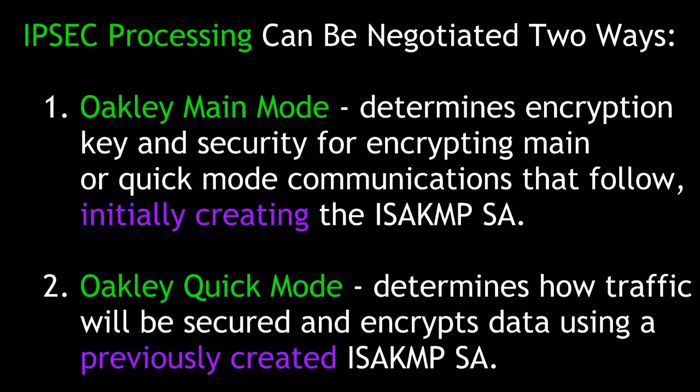IPSec processing can be negotiated two ways. The first, Oakley main mode, will determine the encryption key and security for encrypting main or quick mode communications that follow, initially creating the IPSec MP security association. The second, Oakley quick mode, determines how traffic will be secured and encrypts data using a previously created IPSec MP